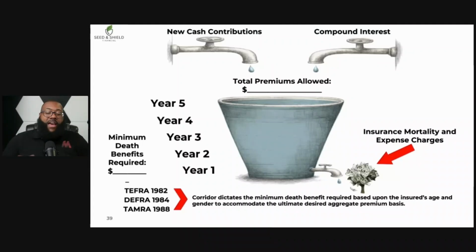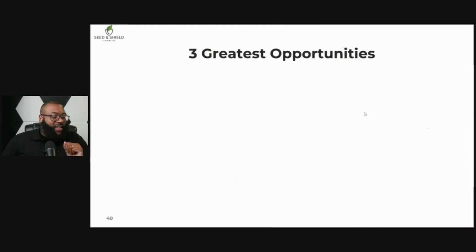Okay. Now, the other cool part about that part I just told you about is that unlike an IRA where you kind of lose your contribution, you can put 7,000 in there, and if you don't put 7,000 in a year, it doesn't carry over. That doesn't work for an IUL. Whatever that maximum is you can put in yearly, if you were to only put half of that, that other amount you can continue to carry over. That's the cool part. It's ultimate flexibility with an IUL. And that's why I love it.